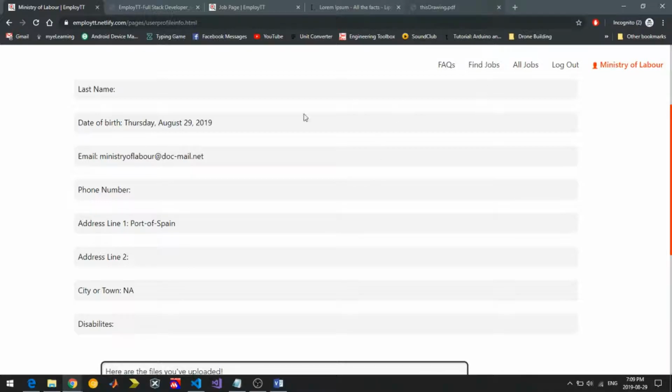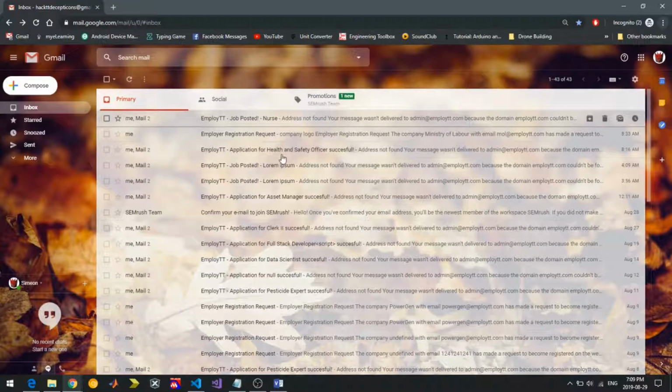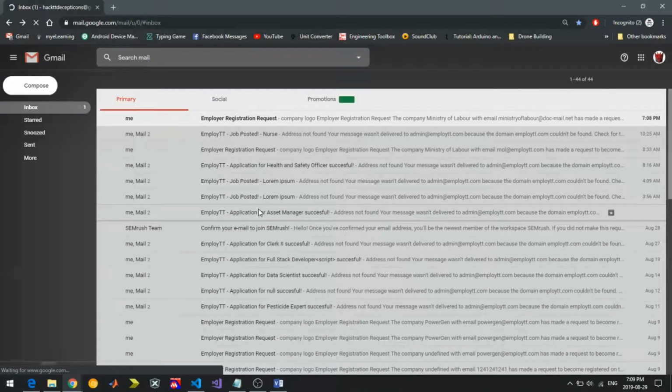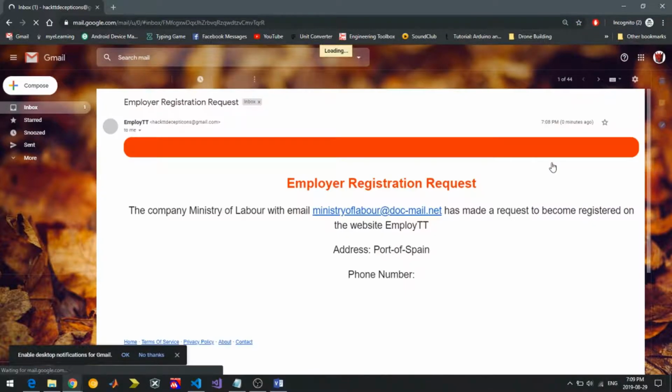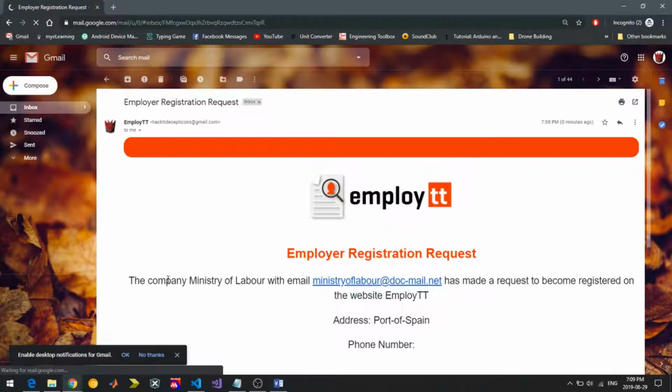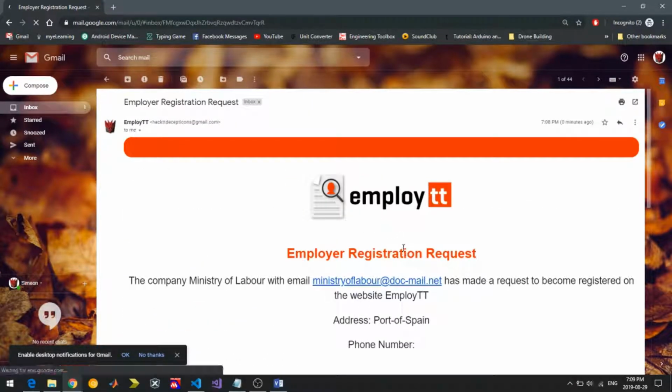They would need an administrator to make their account an MDA. Now, let's try and load Gmail here. Right. So Ministry of Labor just made a request to become an MDA, and that sends an email to us, saying that they made the request. This is the address, the email. I didn't fill out the phone number, but that would have been there if I had. So we would take this information, go and verify it, and then as an administrator,